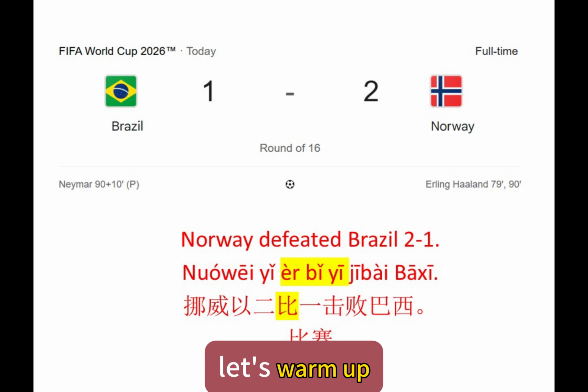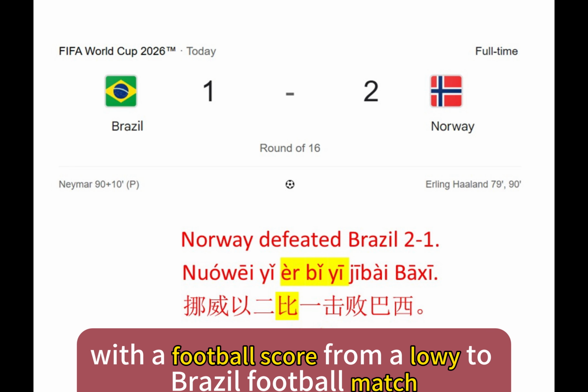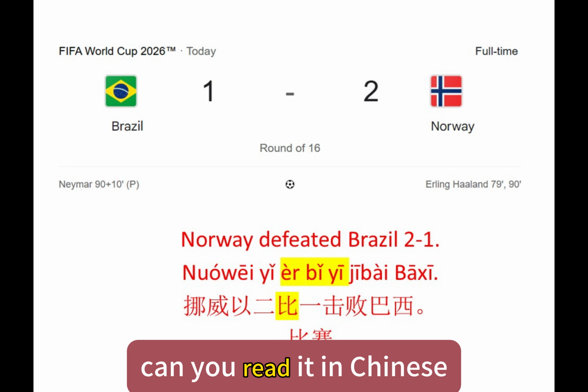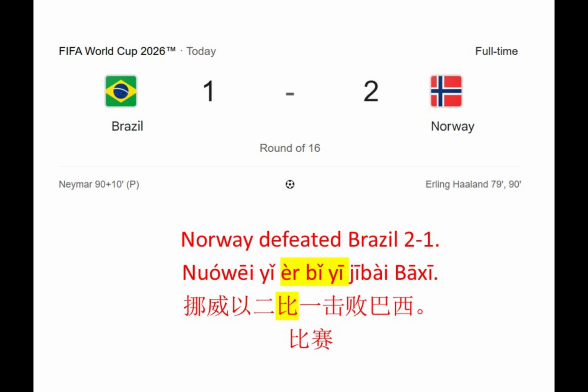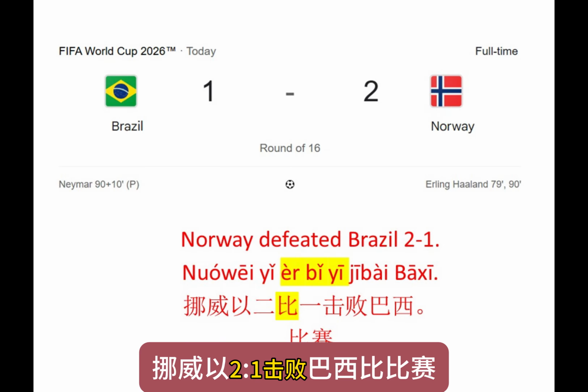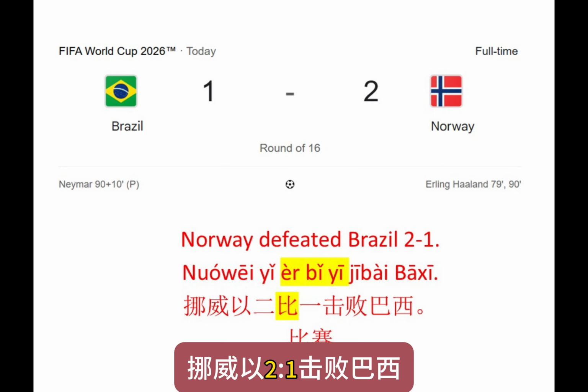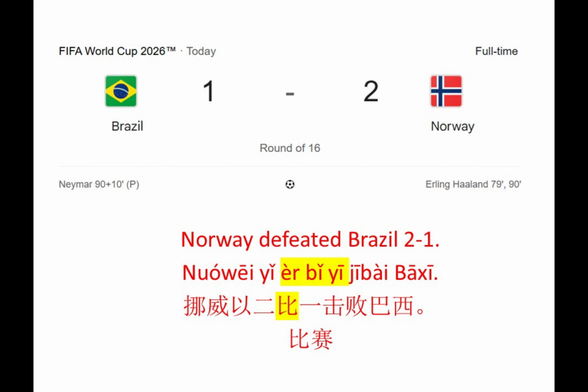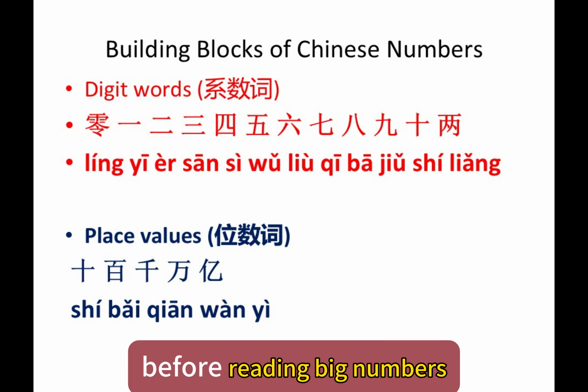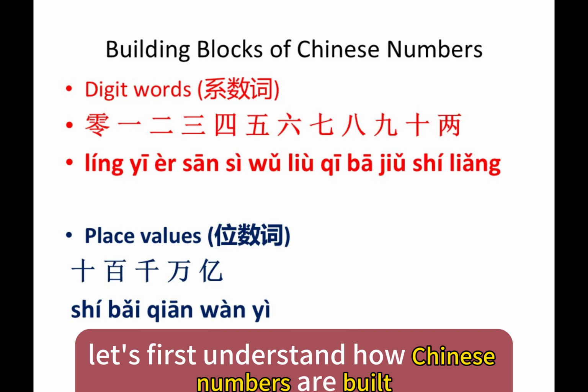Before we begin, let's warm up with a football score from a Norway to Brazil football match. Can you read it in Chinese? 挪威以2-1击败巴西。比赛。Structure is very simple. Number plus 比 plus number. Again, 挪威以2-1击败巴西。